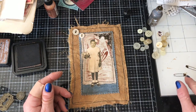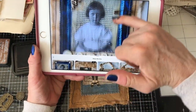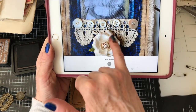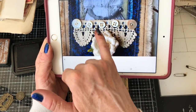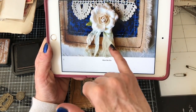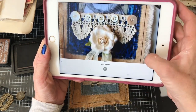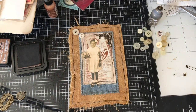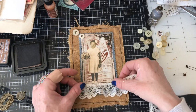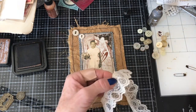So I'm still waiting for my safety pins to dry, so of course I'm not going to put them on yet, but let's just go down and see what the detail is going on down the bottom. And she's got what looks like a piece of doily, and then she's got 5 buttons, and then she's got this gorgeous flower with some fabric strands, I guess, coming out of it. So again, what I've done, I've just brought along some gorgeous lace, and I received this in Happy Mail. So again, I'm just trying to be really good and use some of the lovely things that I have been sent. So I'm just going to trim this down